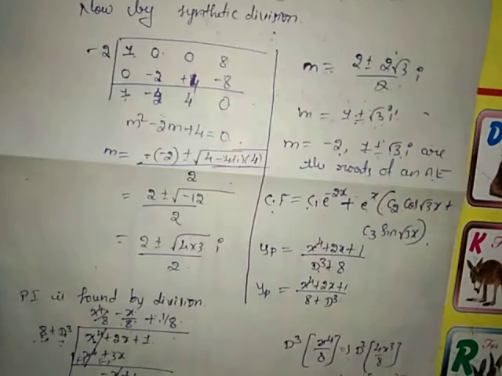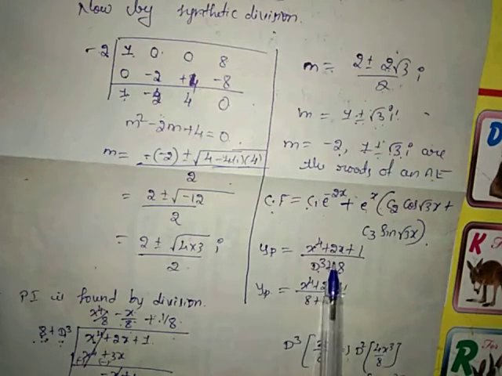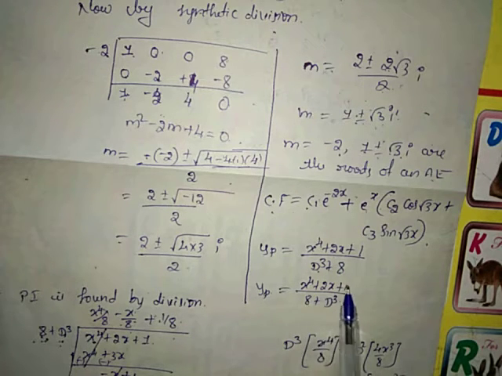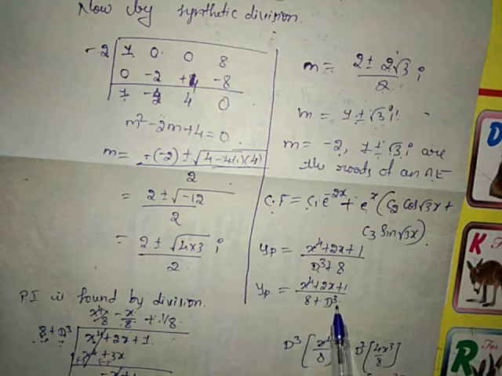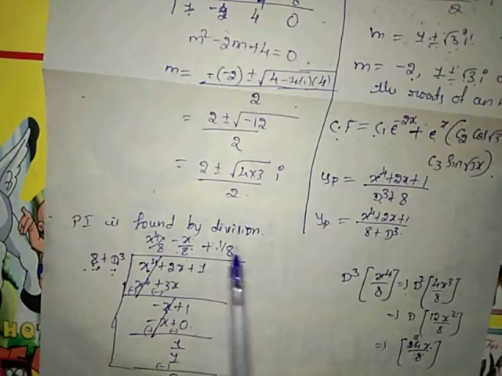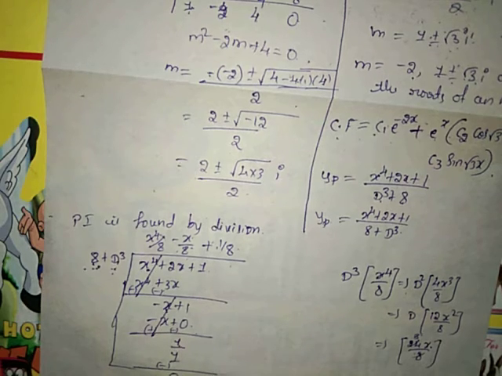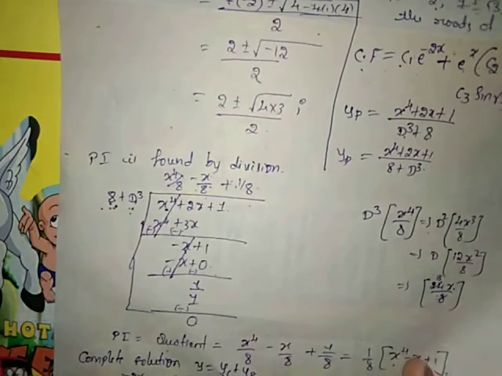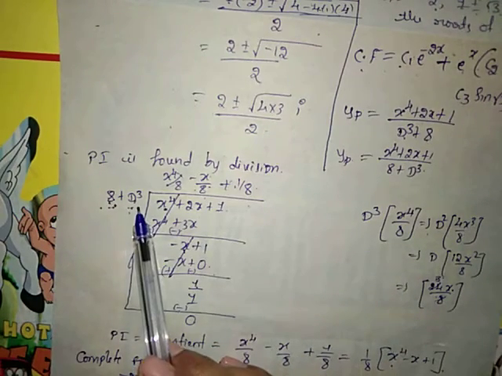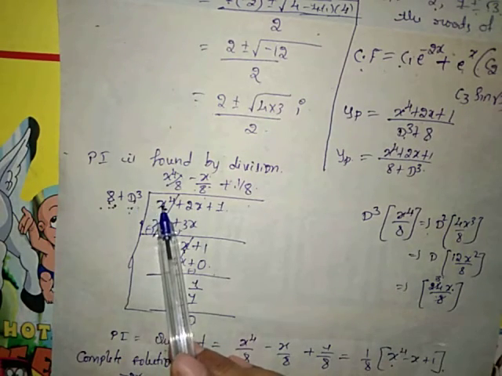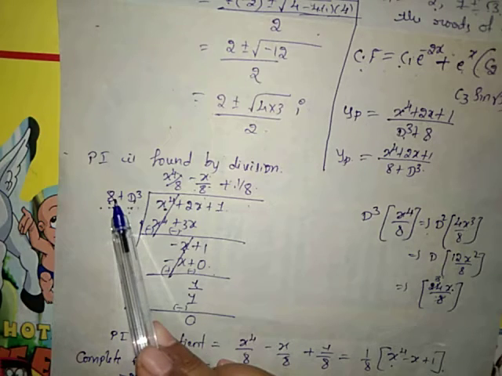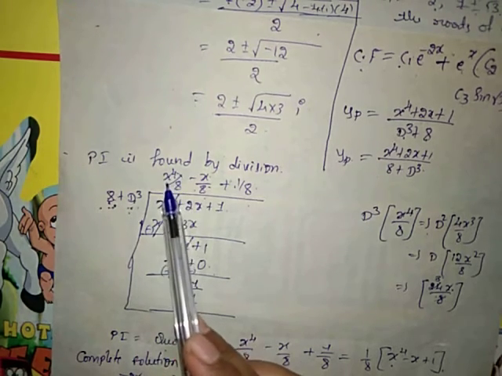Next we move to the particular integral. In the procedure for the particular integral, decreasing powers of x and increasing powers of D will be written. Then we move to the division method. In the division method, the division will be completed with the remainder 0. Then the quotient will be considered as the particular integral. So here the first term of the function of x divided by the first term of the function of D will give the value of the quotient.